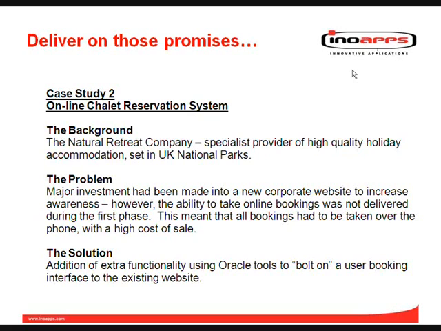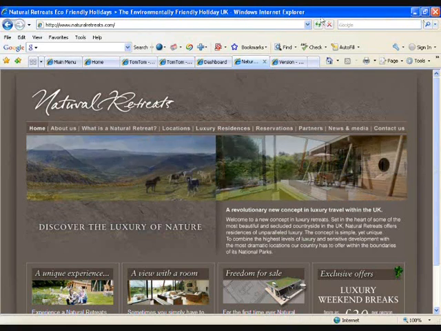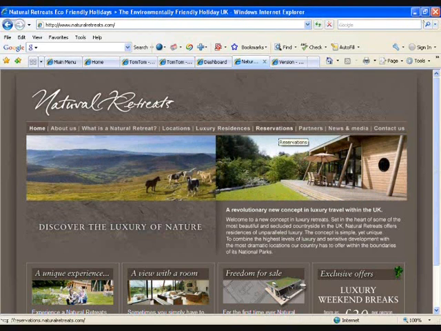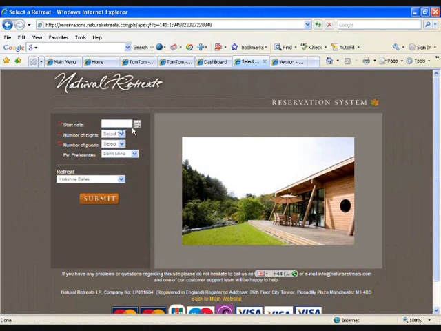What was provided in terms of added extra functionality using the Apex Oracle tool was a bolt-on user booking interface to the existing website. As you'll see with the website, the typical front end to it, but if we go into the booking section of the application under reservations, again you'll just see that start date and the number of nights is fairly typical